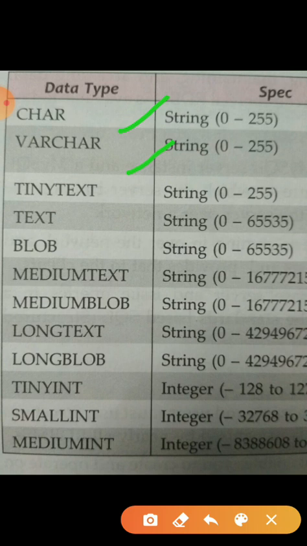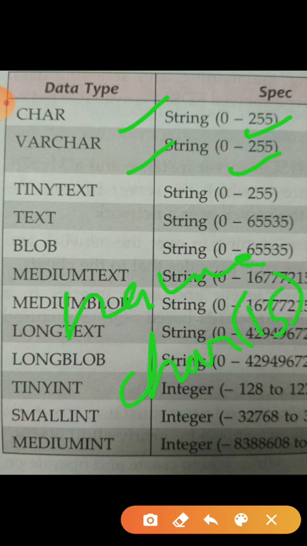First one is the char data type. It stores 0 to 255 characters, and varchar is also the same as the character data type, but the basic difference between char and varchar is that char is fixed length and varchar is variable length. Suppose I take one student name and define it as char 15.